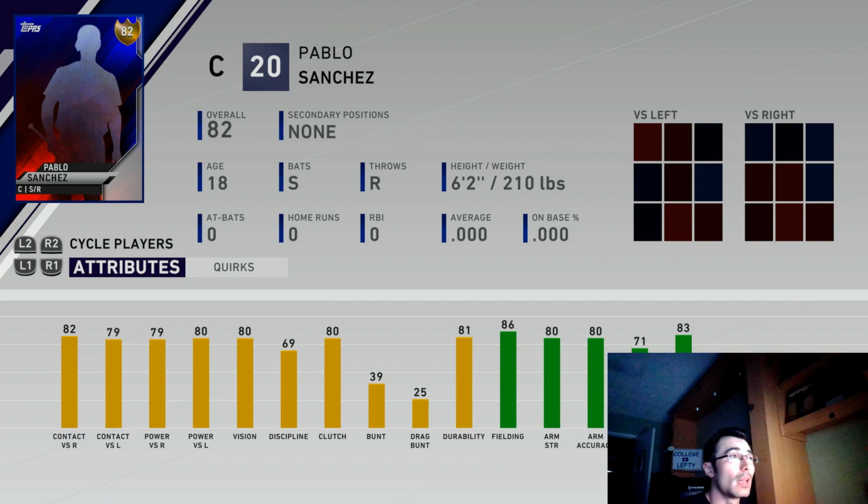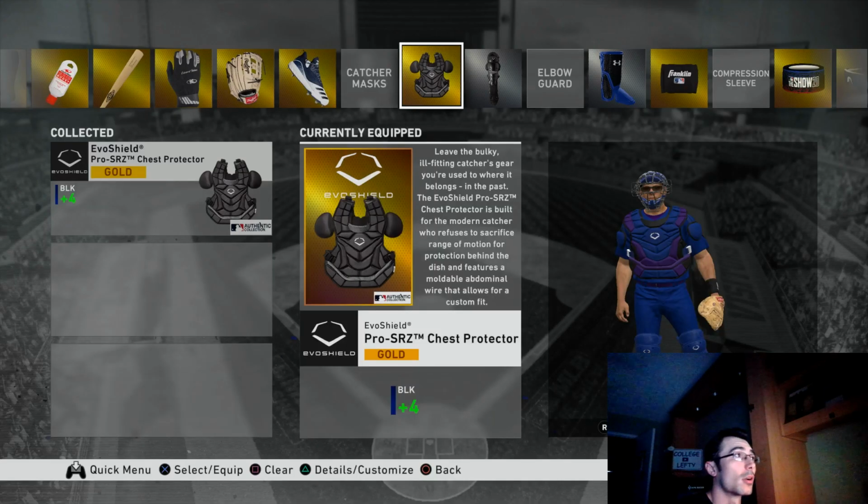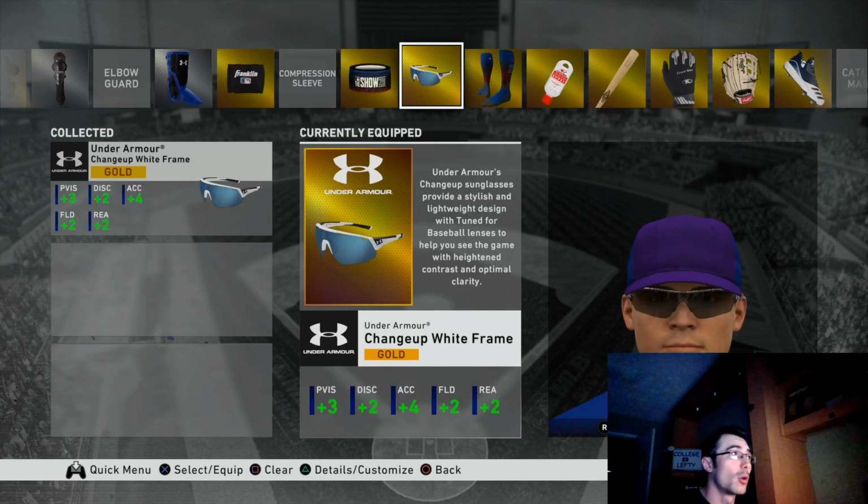I could also get a diamond chest or diamond catcher's mask, as well as chest protector, better equipment there, but solid contact and power attributes, as well as solid vision in general. Just a solid card all around. Gary Sanchez will be going off. He'll be hitting some home runs, hopefully. I'm going to try to get that power attribute boosted up one more to make sure that they're both in the 80s for that